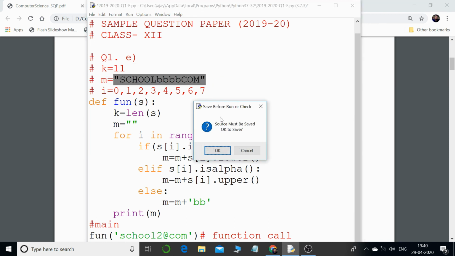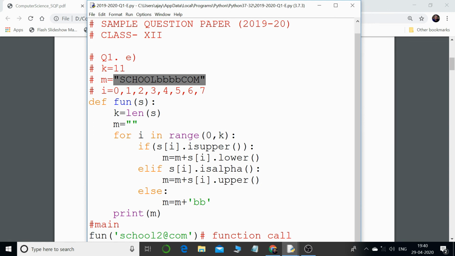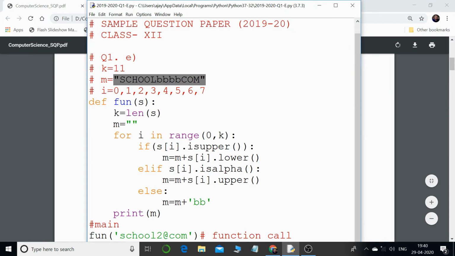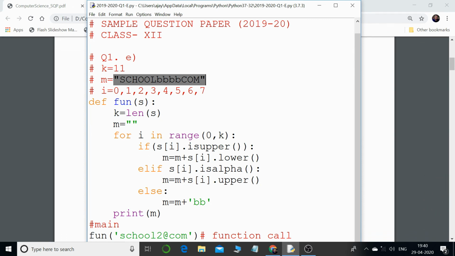If you run this code, definitely we are going to have this output because we have gone through everything minutely, we have gone through the code, and you can see this particular output. Okay, so I hope that now this particular program is very much clear to you, why exactly we have this output.